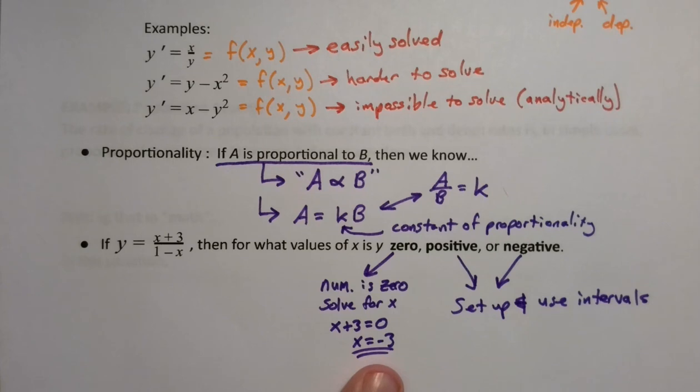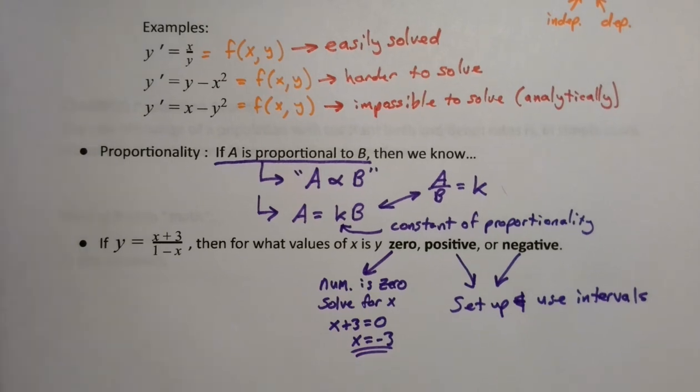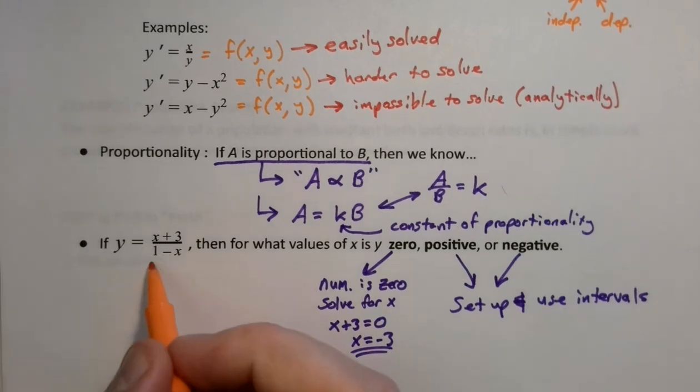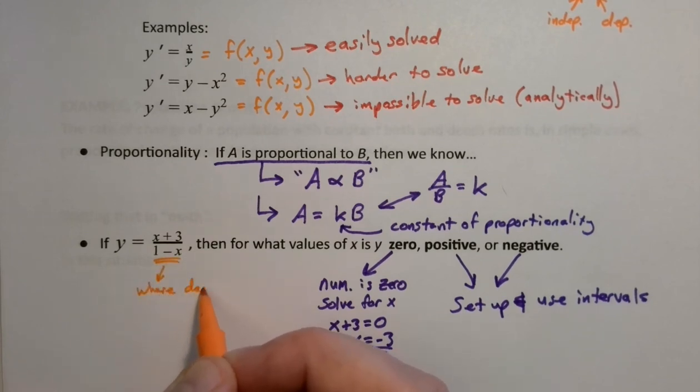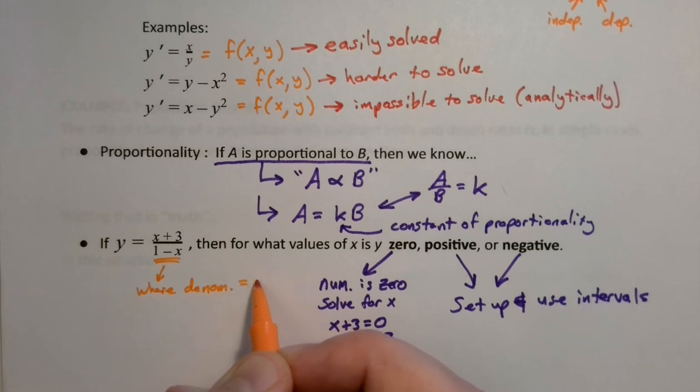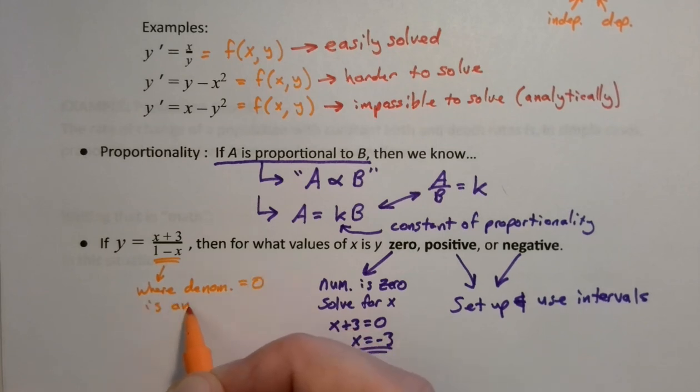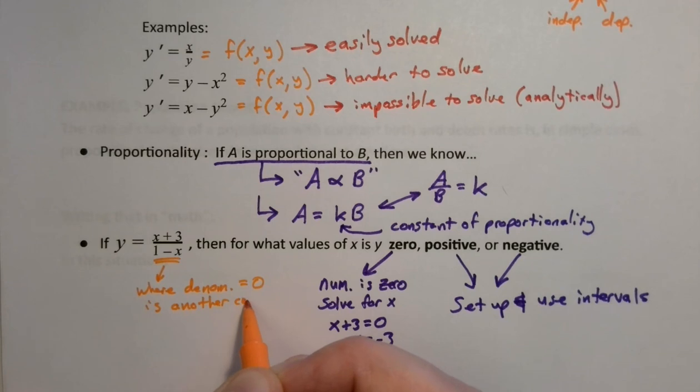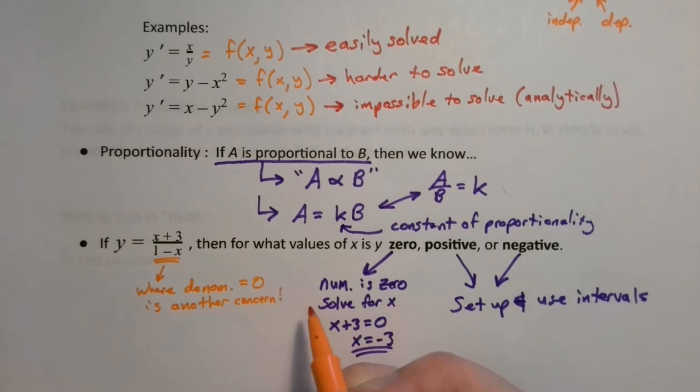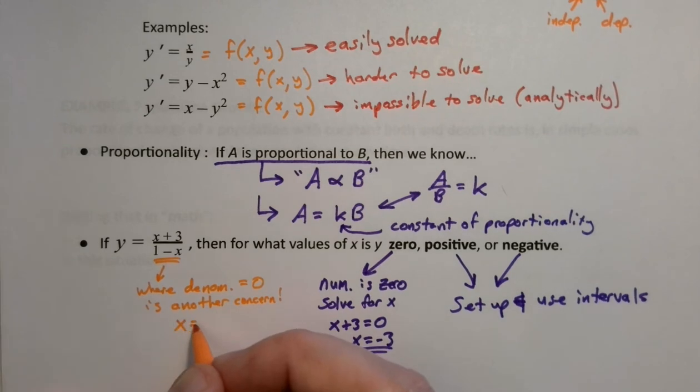And of course, if you're playing the at-home game, you probably might recognize that this right here could also be a problem, because where the denominator equals 0 is another concern. In other words, you can't let x, in this case, equal 1. Because if x equals 1, then it causes major problems. So your intervals would probably look something like,